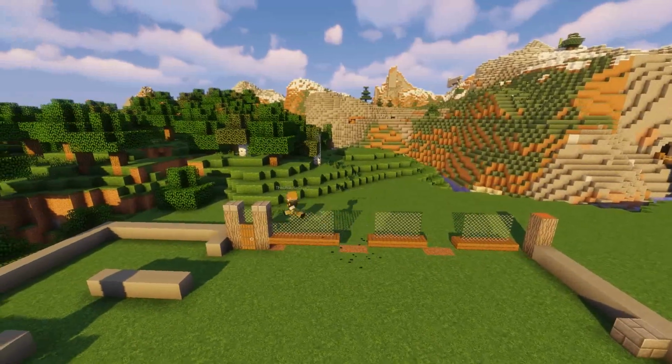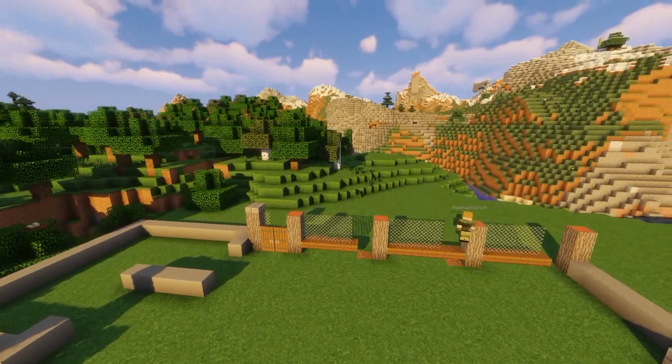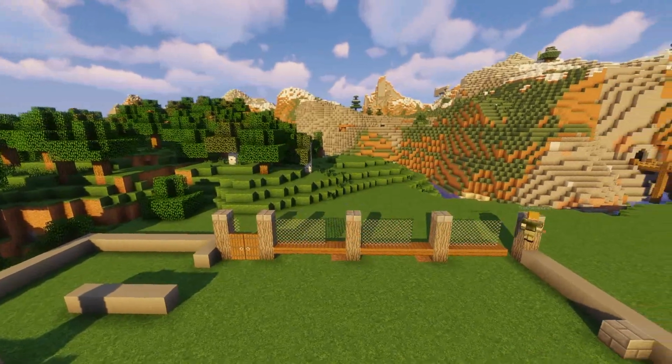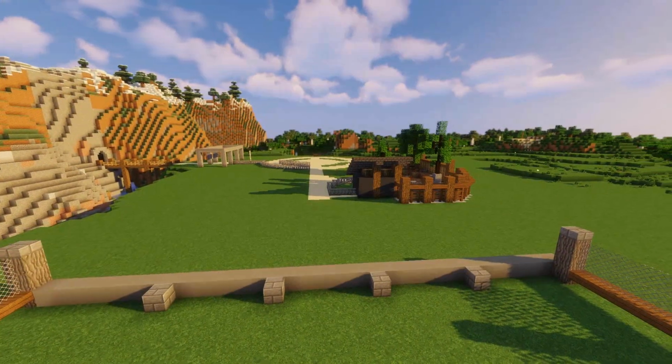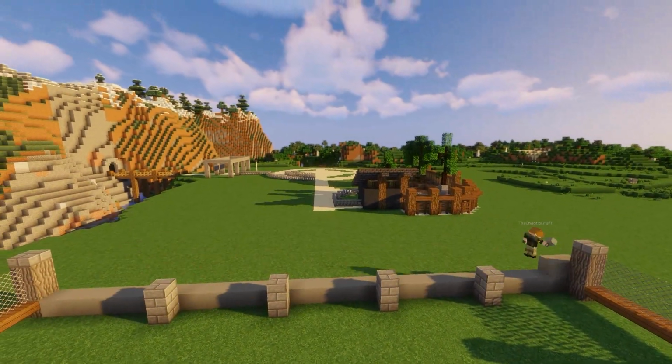And here you can see me messing around with the fences again. But I'm going to revert this in a few seconds, I guess. Anyway, that was a pretty abrupt cut. I didn't realize it looked like that. Anyway, I